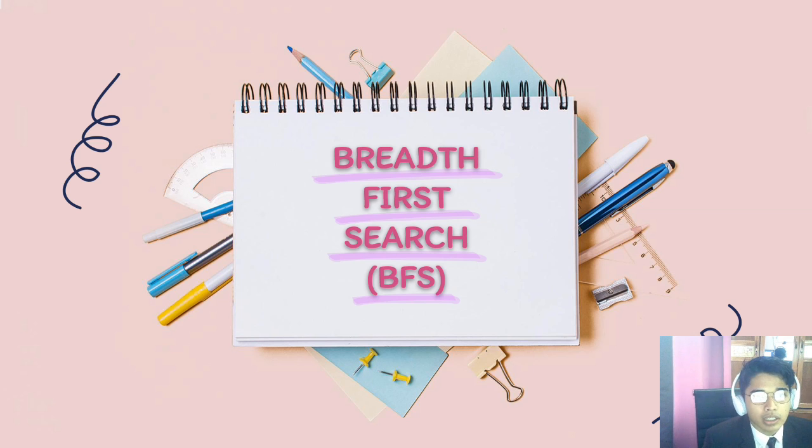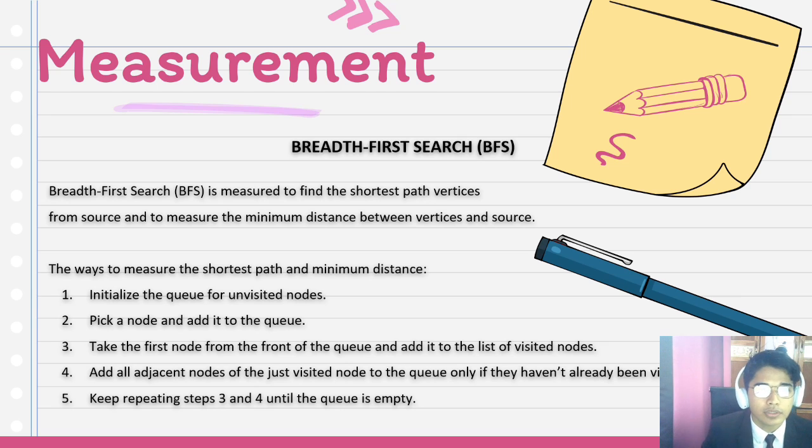S59050. So we continue with the first algorithm, breadth first search, BFS. For measurement of BFS, BFS is used to find the shorter path between vertices from the search and to measure the minimum distance between vertices and the search. The way to measure the shorter